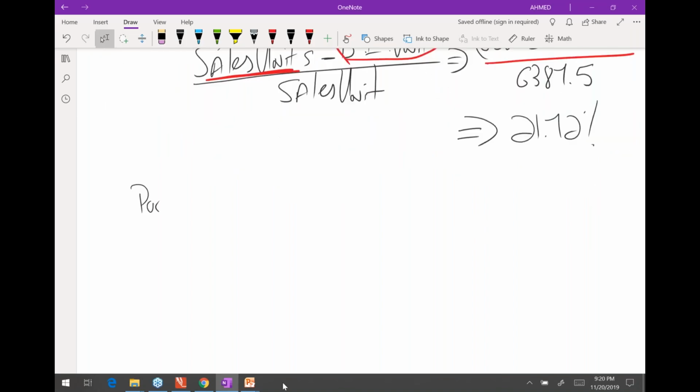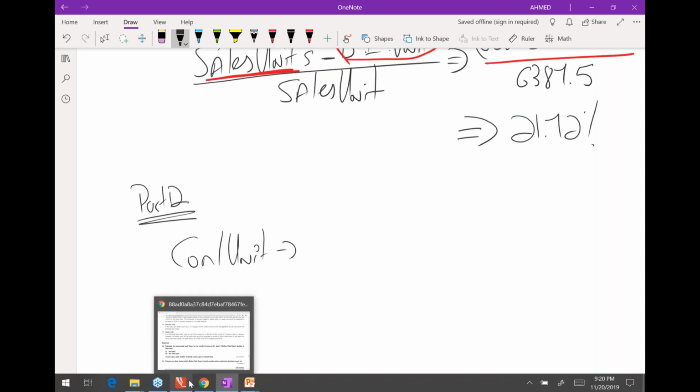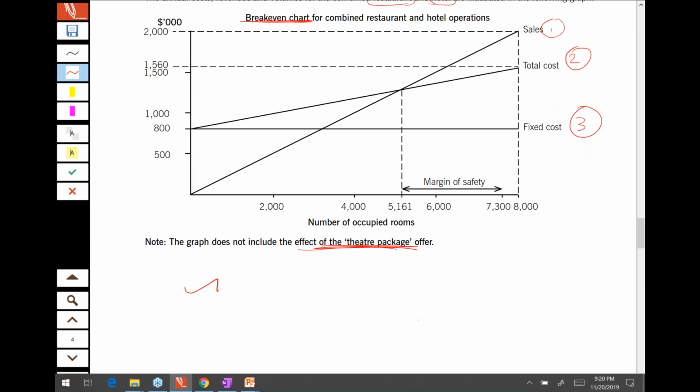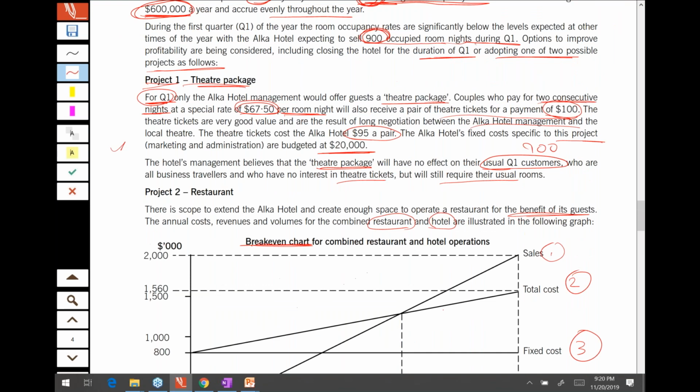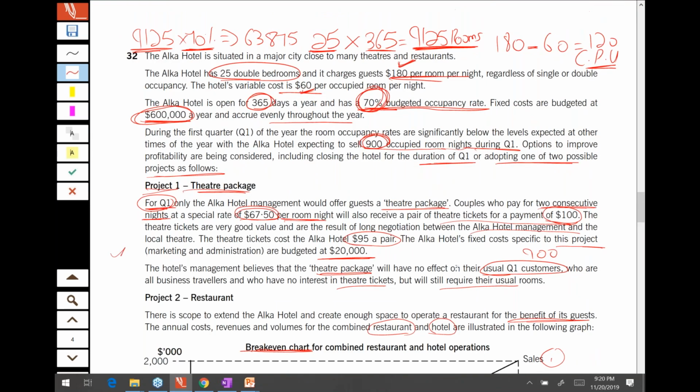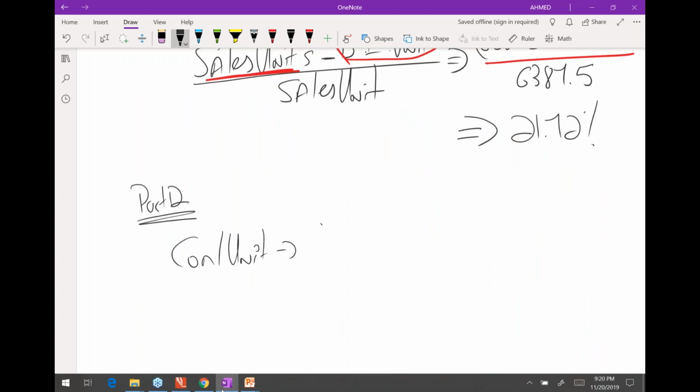Part 2. Budgeted profit and loss. So what do I need for this calculation? Maybe I require contribution per unit. That I know. The selling price is 180, I guess. And the variable cost is 60. So it's 180 minus 60, and this is 120, multiplied by